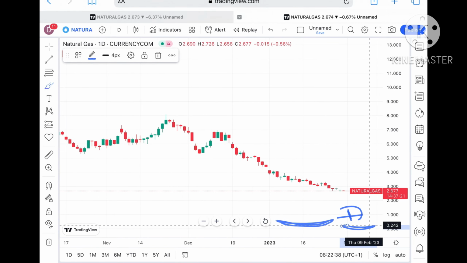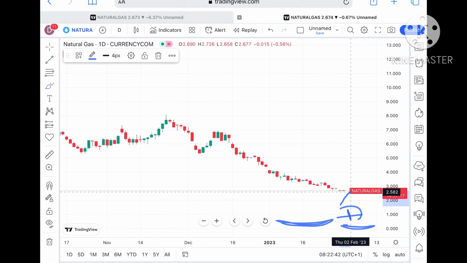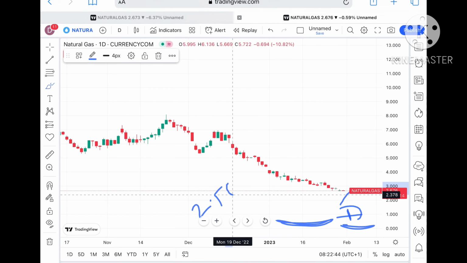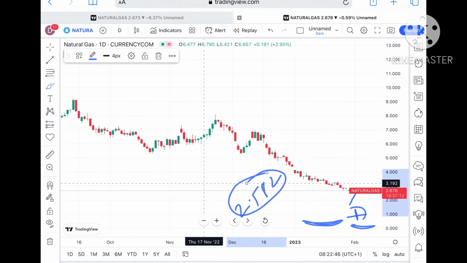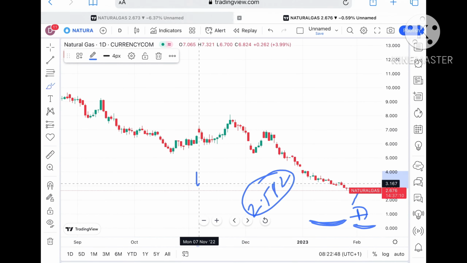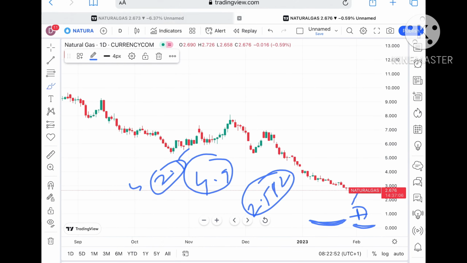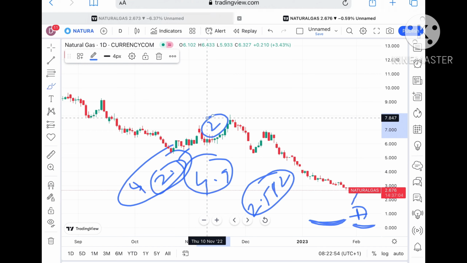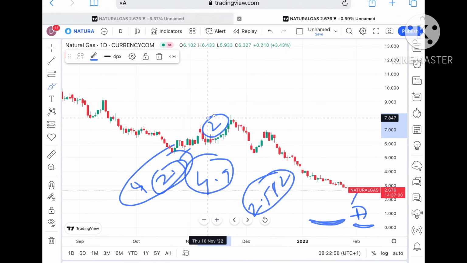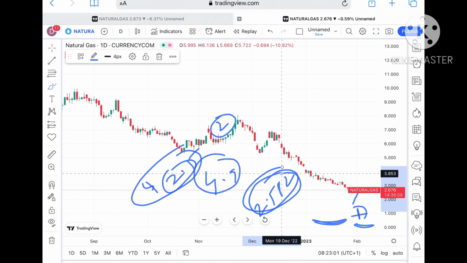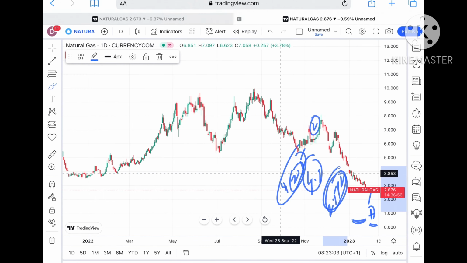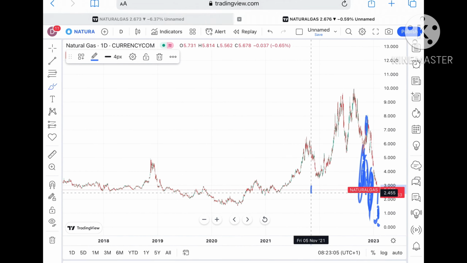But suppose if the price doesn't sustain, chances are high it will not sustain, then we can see it can go towards a level of around $2.852, and I have already explained to you that when the price moves below a level of 4.9, then chances are very high it can touch a level of 2.5 to a level of $2 also, because there is a continuous downtrend. Suppose if the price doesn't sustain, we can see a level of $2.582, and from there we can see it can move further down towards a level of around